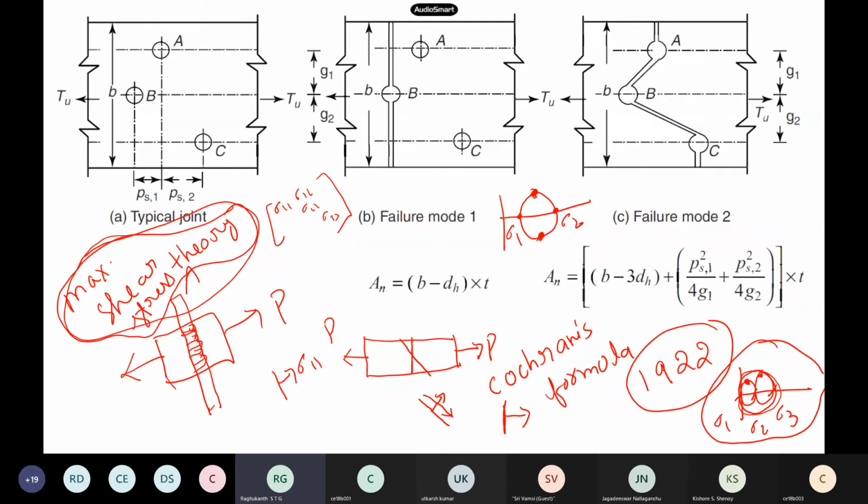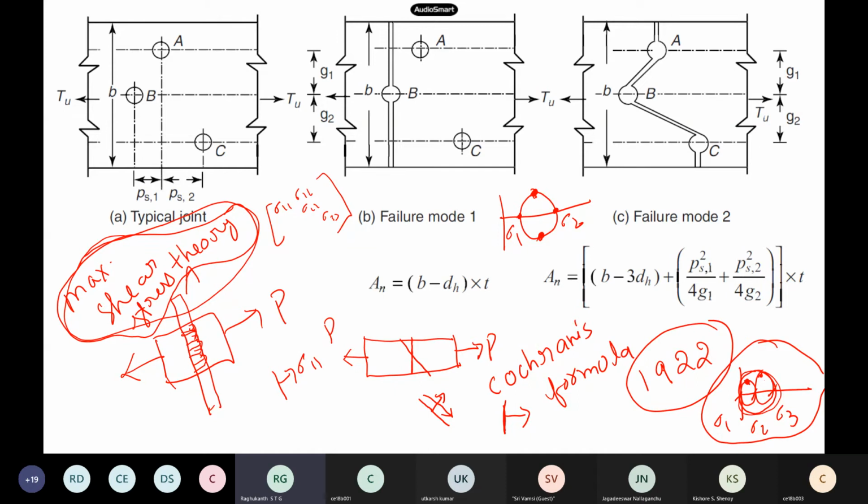Please understand, von Mises theory is entirely different. We don't calculate principal stresses in von Mises; we take the deviatoric part. That is one type of theory. Maximum shear stress is very, very simple. You take a stress tensor, find its eigenvalues, and then take the highest and lowest values, subtract, divide by 2, and you get the shear. And if it goes to some limit, you will get some type of formulas.